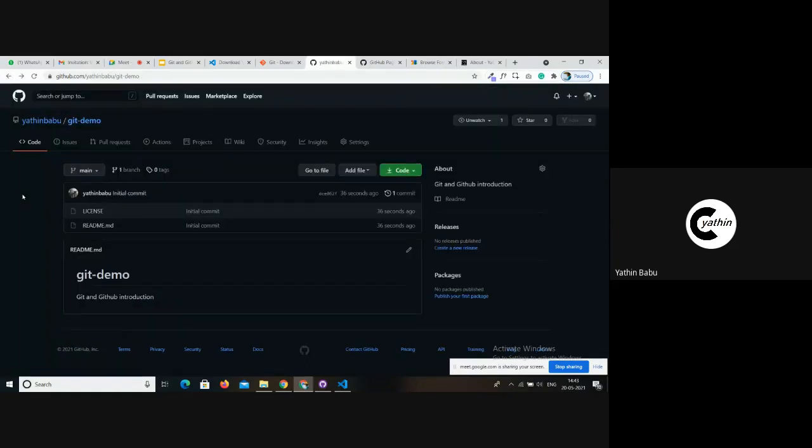So I hope you are following along, creating a Git account and creating an empty Git repository side by side. The next thing that I will be doing is cloning this Git repository to my local machine.